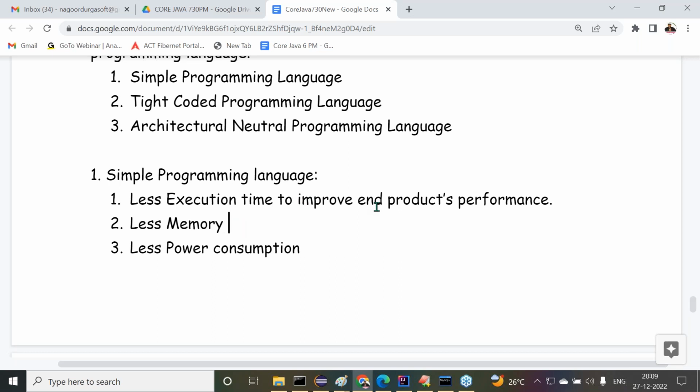Less memory. Guys, observe carefully, all of you know. I want to take a new computer. My requirement is what? I'm the trainer for Java. Now I'm taking Java classes here. When I'm taking these Java classes, I need a computer. Then I want to take one new computer. So I went to the computer shop where a shop representative is available. I asked him, for the sake of my Java classes, I want to take a computer. Can you please give me a quotation? He took that quotation paper and gave me the overall quotation information.